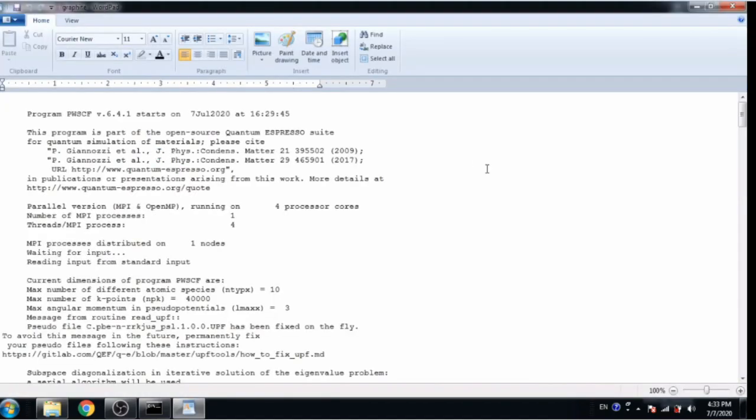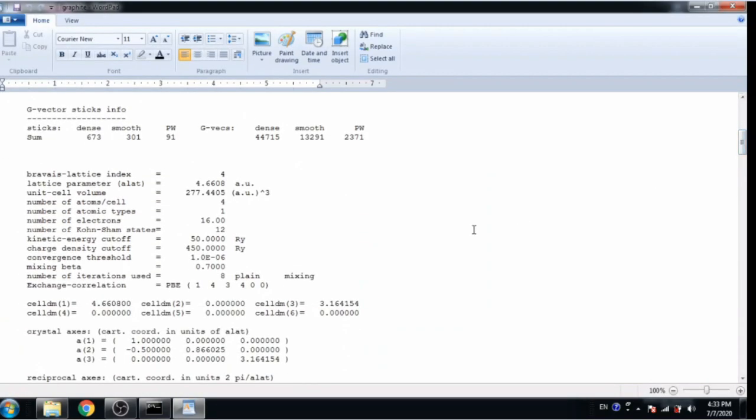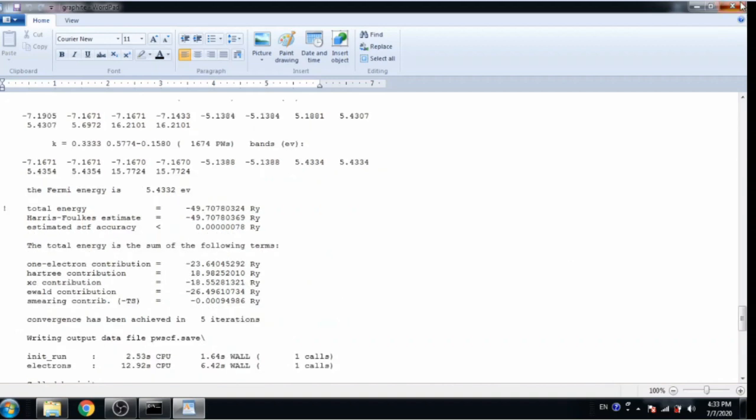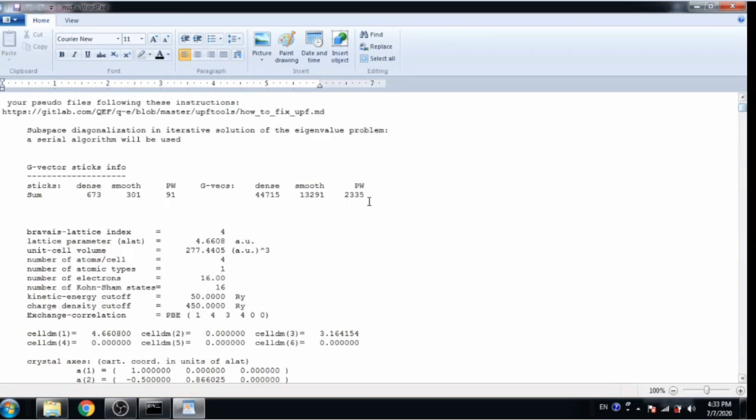Now open graphite.out. Here you can easily see the number of electrons in the calculation is 16 and the number of Kohn-Sham states is 12. So we add 4, then nbnd is equal to 16 in the NSCF file, and in the NSCF output you can see the Kohn-Sham states calculated is 16.